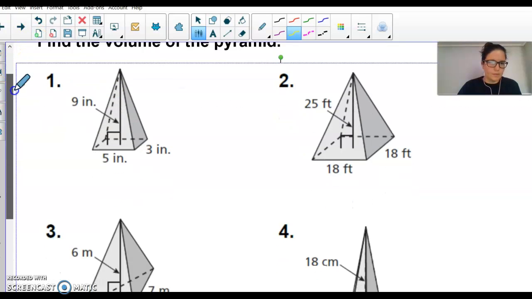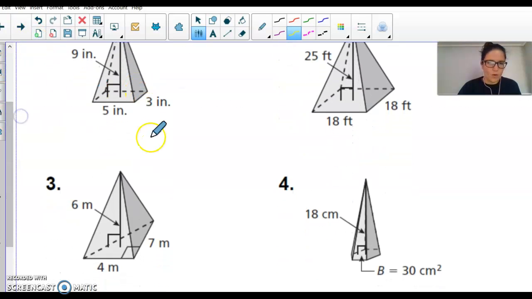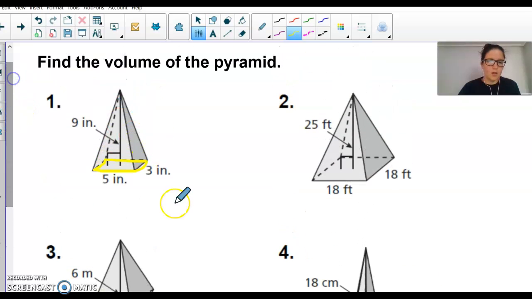So here we have a rectangle base. Let me move it up a little bit. So your first step is to find the area of your base. I'm going to do a different color. So since that's a rectangle base, your base is going to be 5 times 3, which is 15. Alright, and then once you get that,